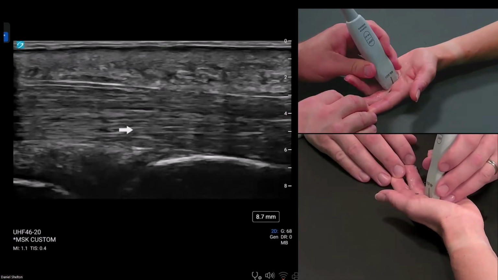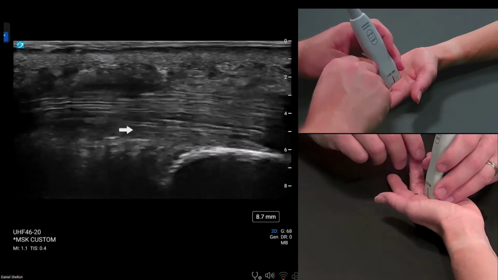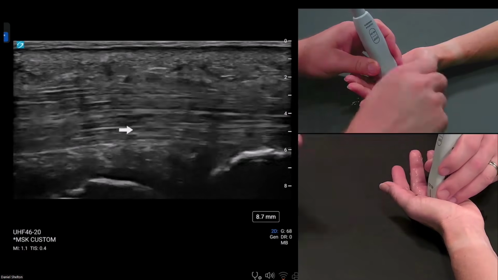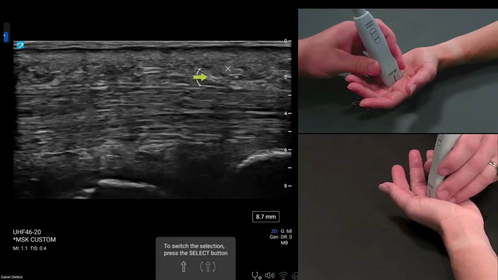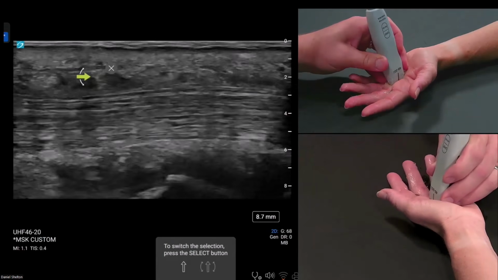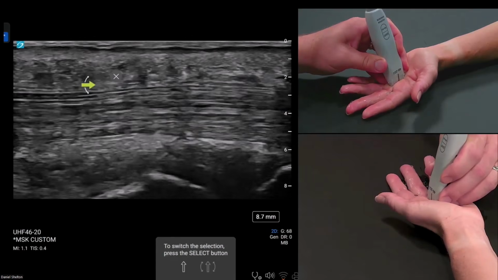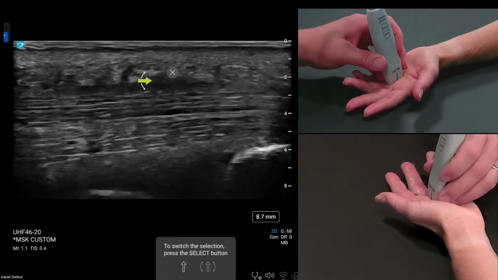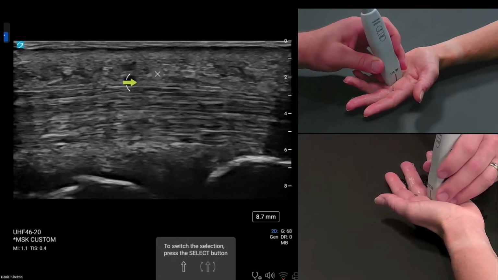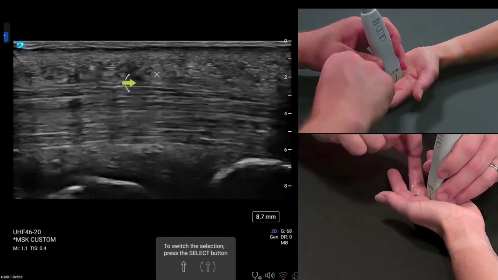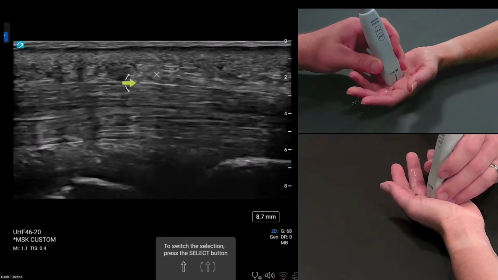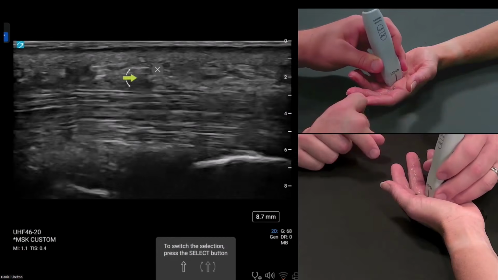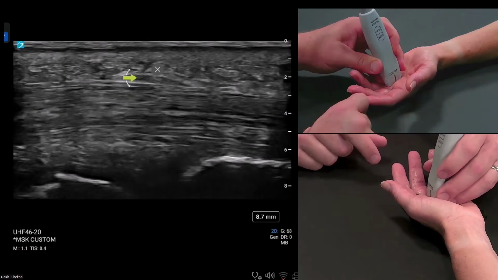Going back to the pulleys though, check that out. Long axis pulley. There's just no doubt that we're seeing the undersurface of A1 right there. So arrow here, A1. A1 really starts with that palmar fascia way back here, but by ultrasound, we're definitely seeing the beginning of that structural A1 pulley right here. So dynamic maneuvers to do is to flex the tendon here, and then rock the transducer to get that subq fat to roll over the pulley to help you delineate the margins of the pulley. So hopefully that helps you.